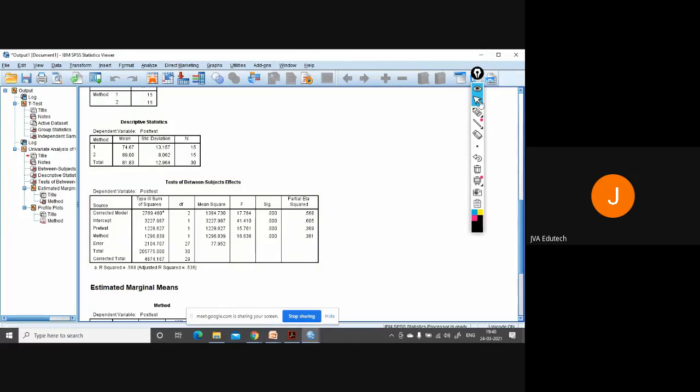So you can write it like this: the null hypothesis was no significant difference exists between the two methods. Here you can say F at the degree of freedom 1 and 29 is equal to 16.636, p is less than 0.05, H naught rejected.